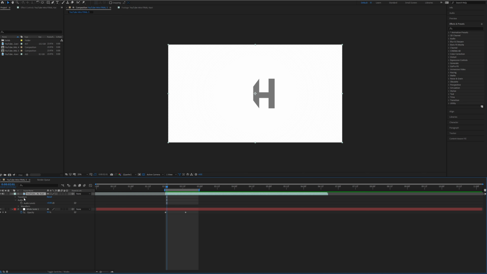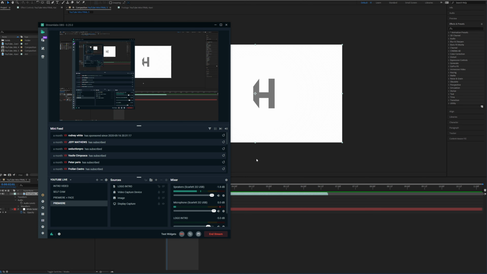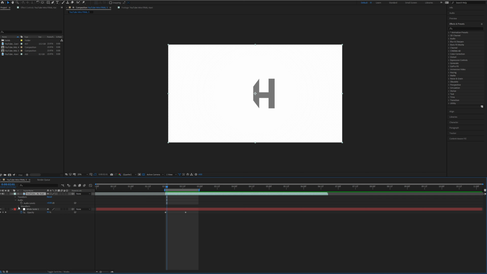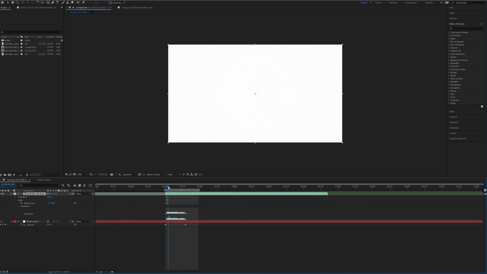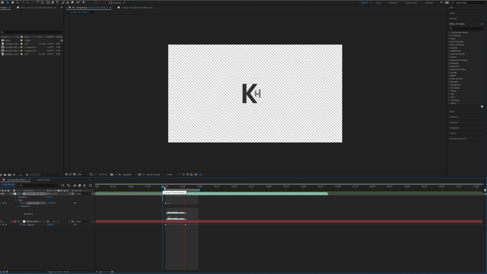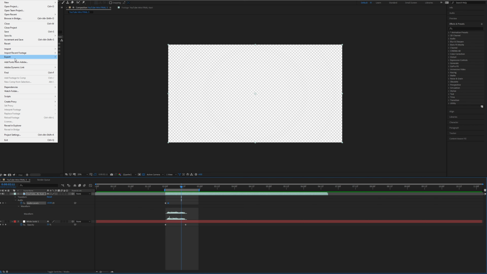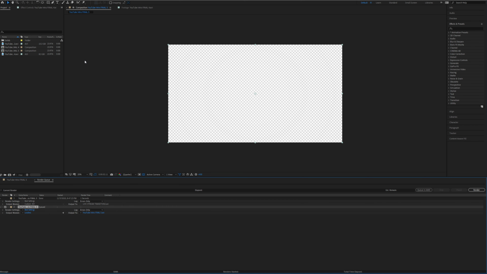Oh, got the intro going. All right. We're going a little cuckoo right now. All right, so yeah. Let's check out the waveform on this audio. Actually, I think it was just because we had that on here, but let's bring that intro down to like -20 and then immediately up to 0. Yeah, that looks good. All right, file, export, add to render queue,